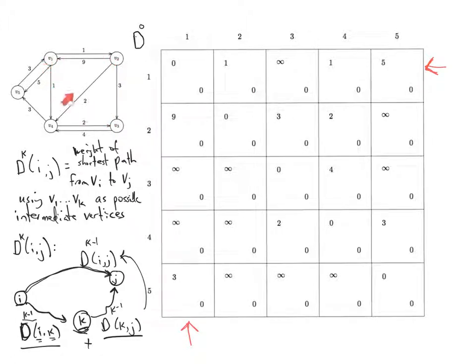Going through vertex 1 would be a really bad idea. Okay, so that one is done. Now what about this one? Well, the 2,